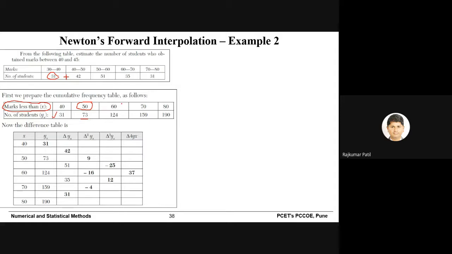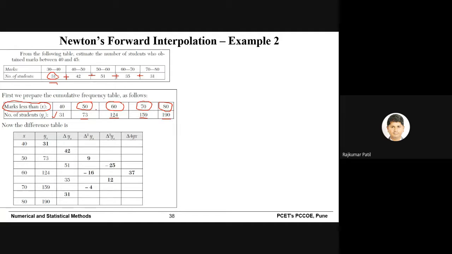Then how many students received marks less than 60? It will be 31 plus 42 plus 51, and the answer is 124. Similarly, how many students received marks less than 70? The answer is 31 plus 42 plus 51 plus 35. Answer is 159. Then finally, how many students received marks less than 80? The sum of all the values, 31 plus 42 plus 51 plus 35 plus 31. Answer is